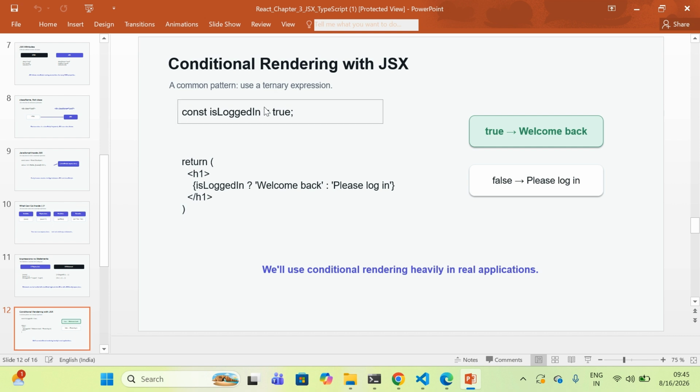I will just copy paste it. It's not allowing me to. Yeah, I'm able to copy it.